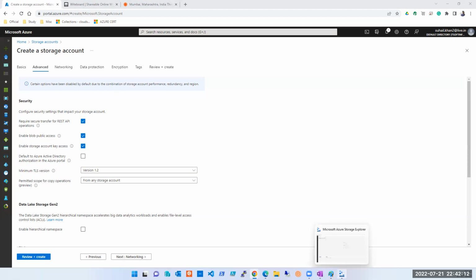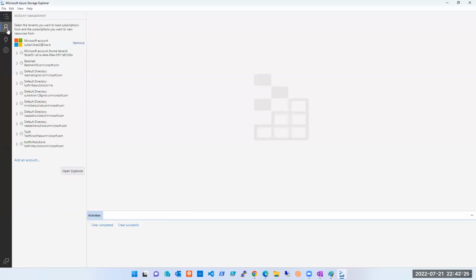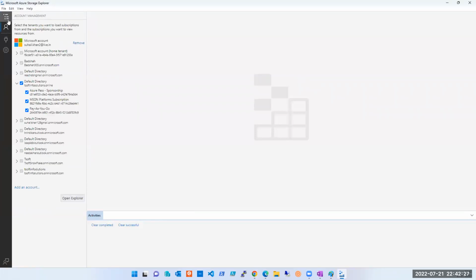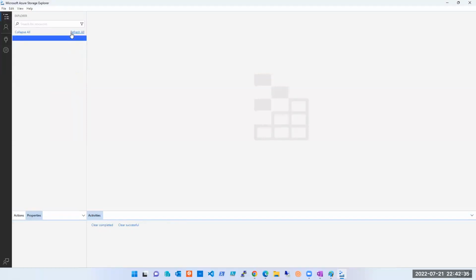Now even if I have the key, there are a few tools through which I can use these storage accounts, and one of them is Azure Storage Explorer. So let's say I have some storage account that you created, and you are sharing the key with me, saying okay, you can access my account, you can delete or do something. The moment you share the access, you have given complete read access to everything. In fact, you have given every kind of access, including delete.